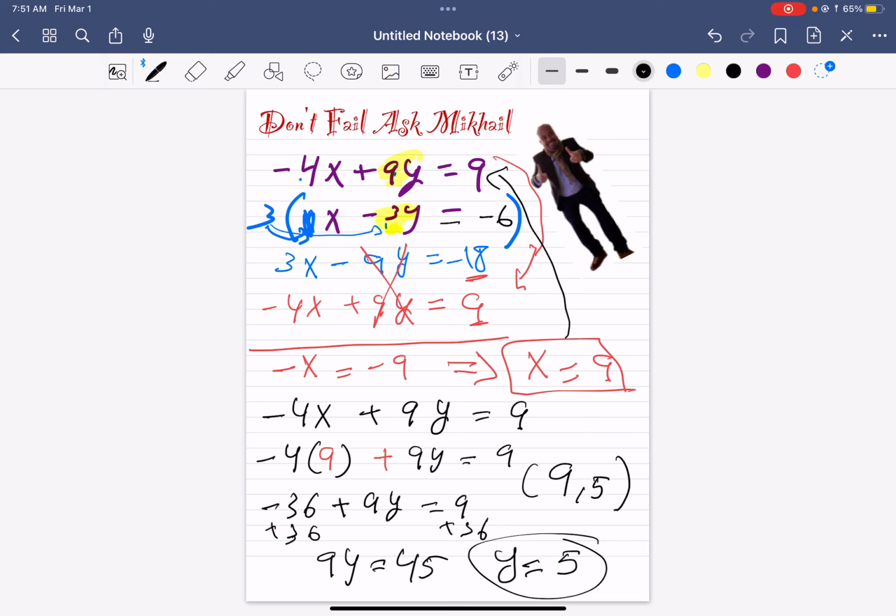And this is how you solve a system of two equations using the elimination method by eliminating one of the variables. So for this chapter, we have two things left. System of two equations, solving the system by graphing, which is super easy, and also